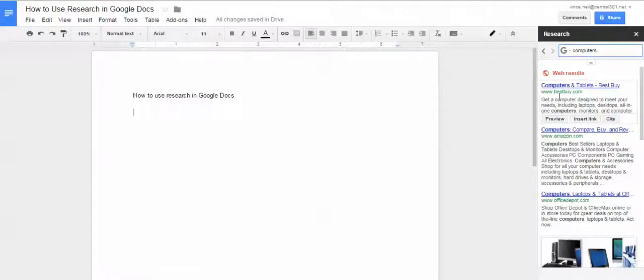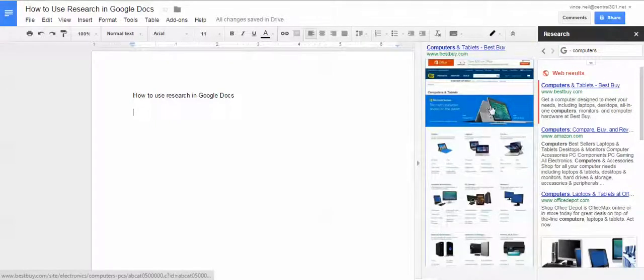Now what I can do is hover my mouse over top of that, and I'll get a couple options. One is a preview, one is insert link, and one is the ability to cite. So if I hover my mouse over this and I want to take a little preview of this, I can click on preview and a little window will pop up here. I can go ahead and look through this preview